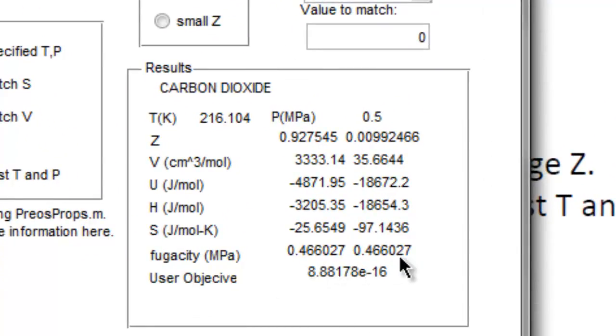Okay, and now if you look at the fugacity values, you can see that they have been matched. The temperature is found to be 216 Kelvin, so this is the saturation temperature for carbon dioxide at 0.5 megapascal. And you can read corresponding saturated vapor values and saturated liquid values. If you need to do a quality calculation using the Peng-Robinson equation of state, this is the way you would